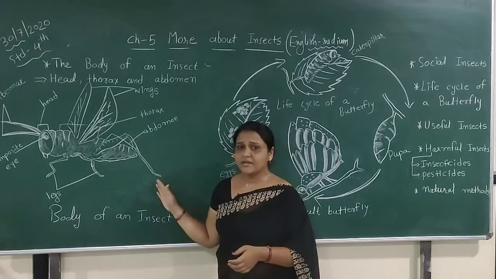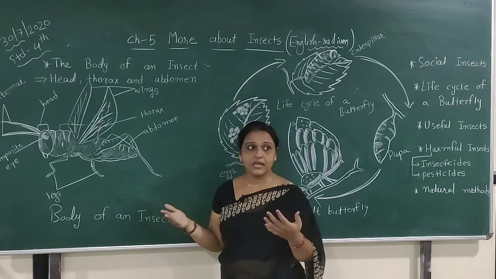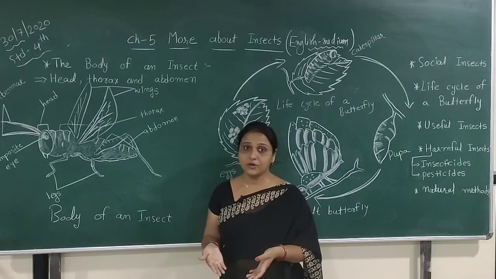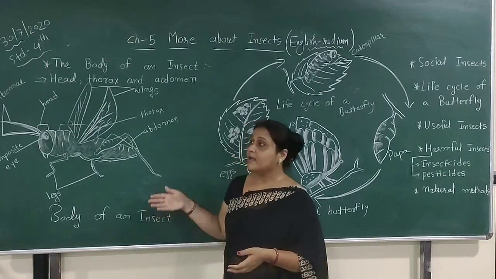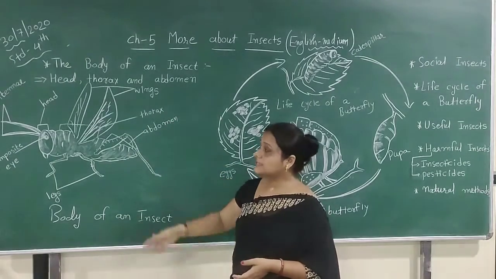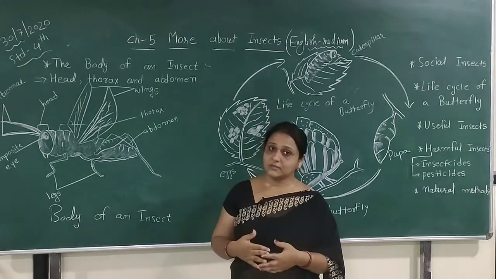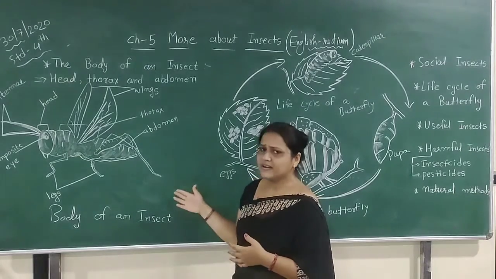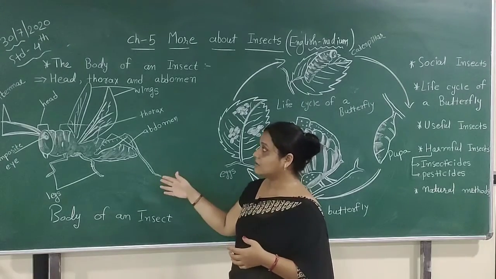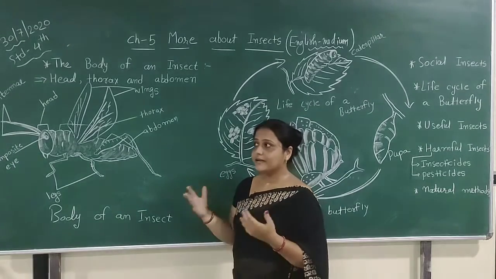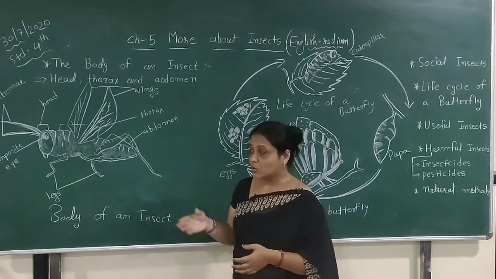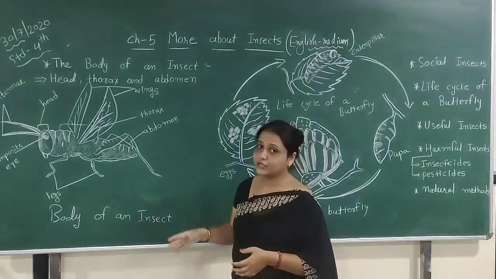Then also given are different types of insects, some which have wings and some which have no wings, in your textbooks. Head, thorax and abdomen, their body functions work like the functions of our body, but they are different. There are some differences from us, because our body parts are different and do different work.